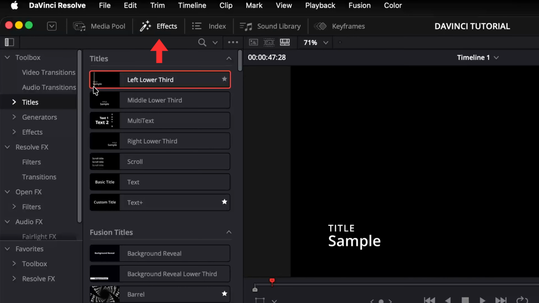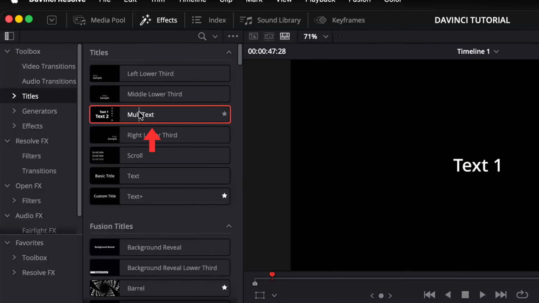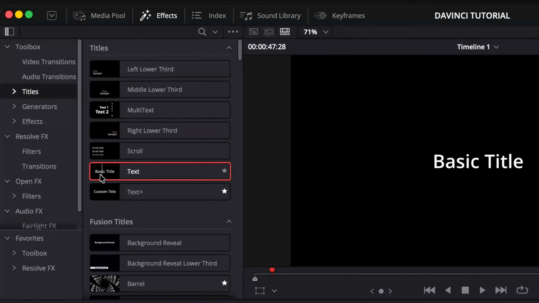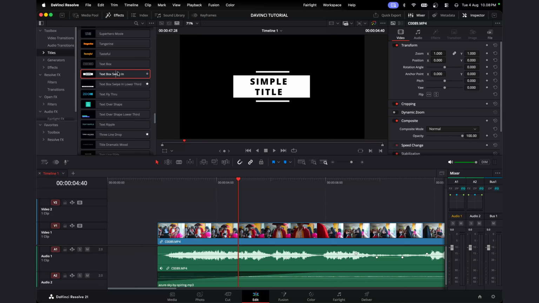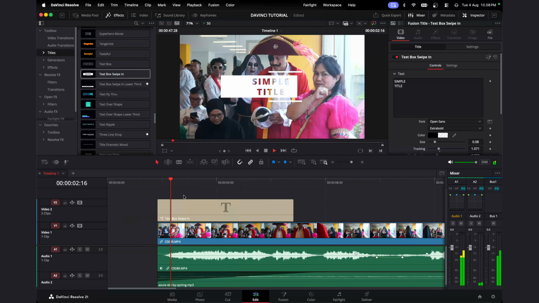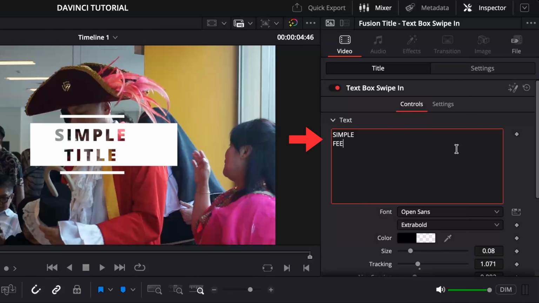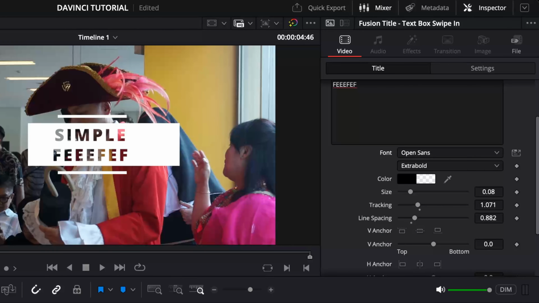Click the Effects tab at the top left, select Titles, and hover your mouse over the option to preview how they animate. When you find one you like, drag it onto your timeline and place it on the track above your video clip. Click the title, then use the Inspector panel on the top right to change the text, font